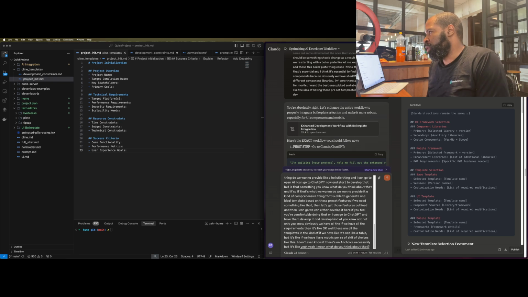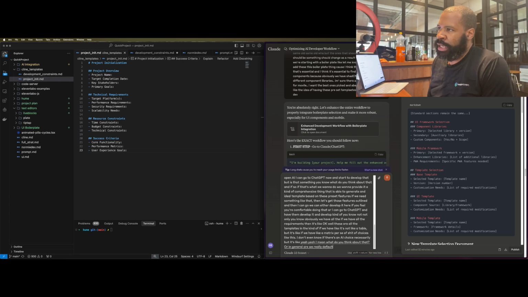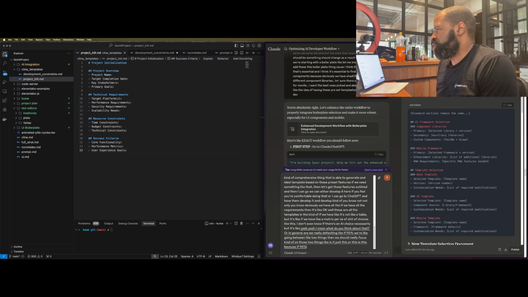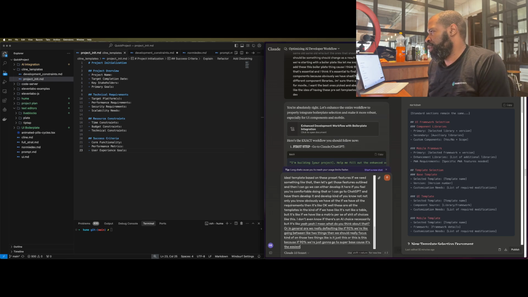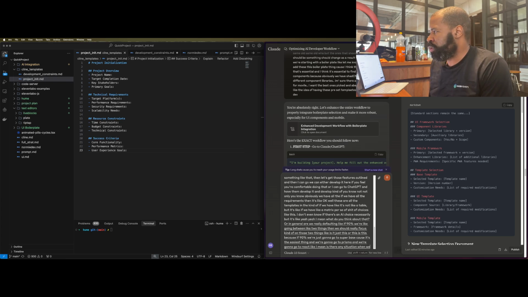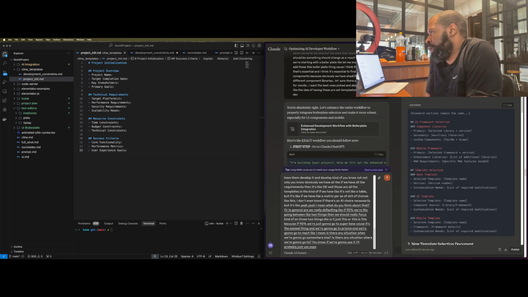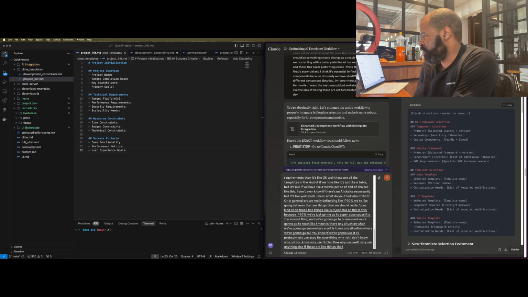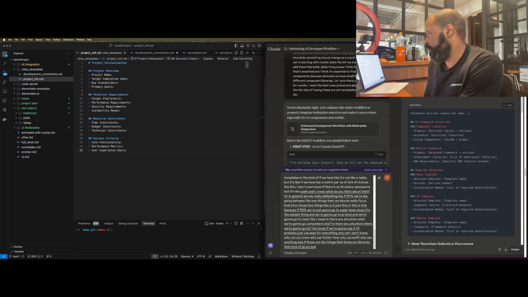Or in general, are we really defaulting? If 90% we're going between two things, then we should really focus on those two things. Is it just this or this? Because if 90% we're just gonna go to Supabase because it's the easiest thing, and we're gonna go to Prisma, and we're gonna go to React, is there any situation where we're gonna go somewhere else? I'll probably just use Expo for everything. Why not? Why use Flutterflow? Why use Swift? Why use anything else? These are libraries that go across everything. Anyway,